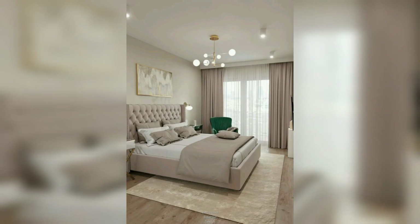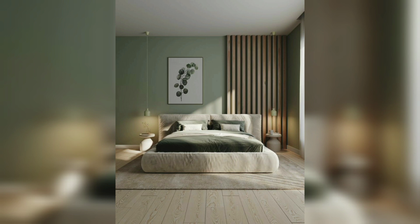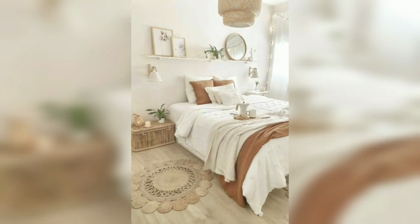interior trends which are mostly used in 2024. You are watching these trends which are most beautiful, and these trends and these interior designs are used in most of our